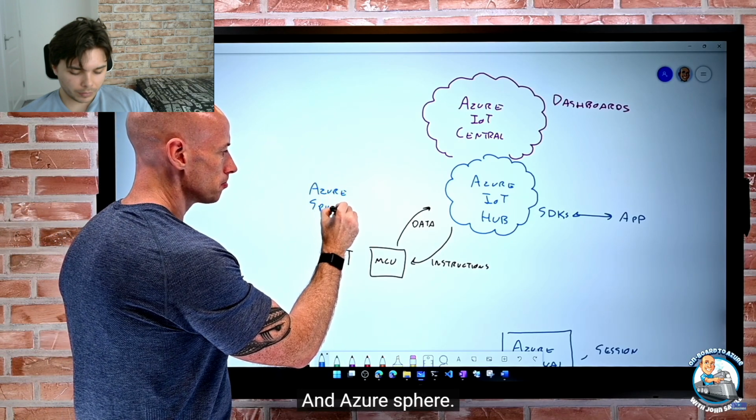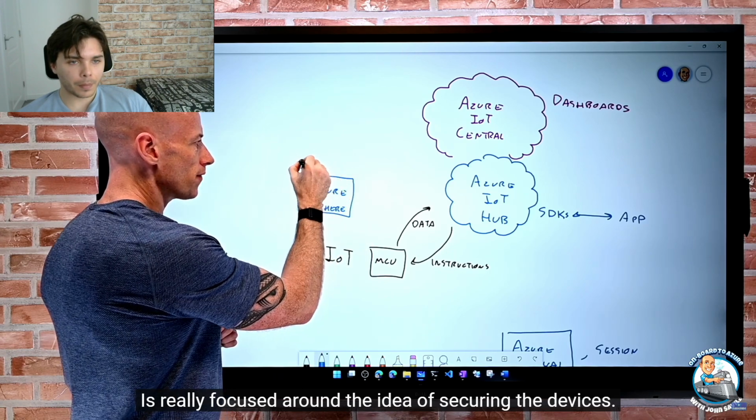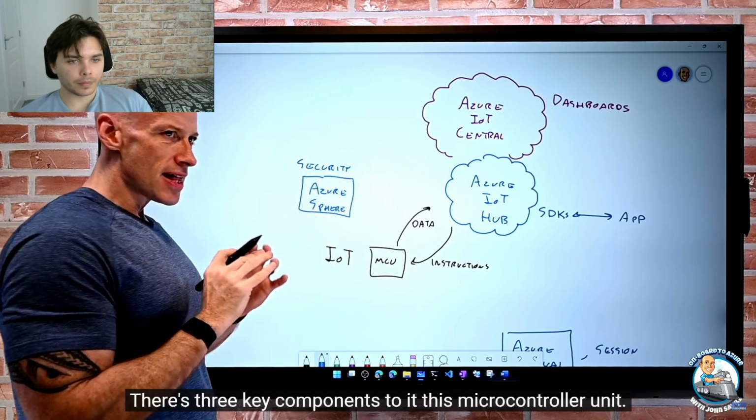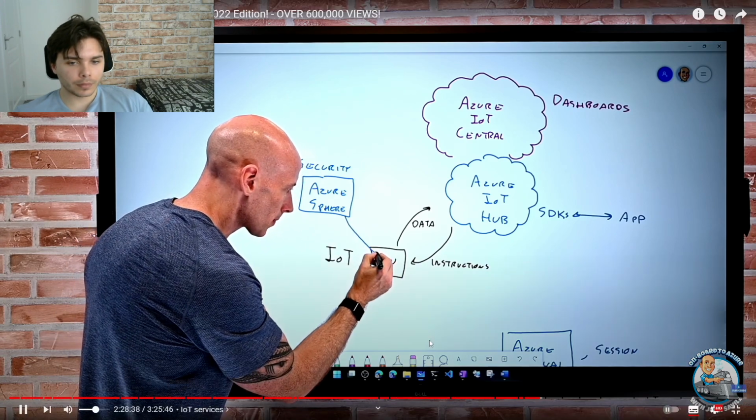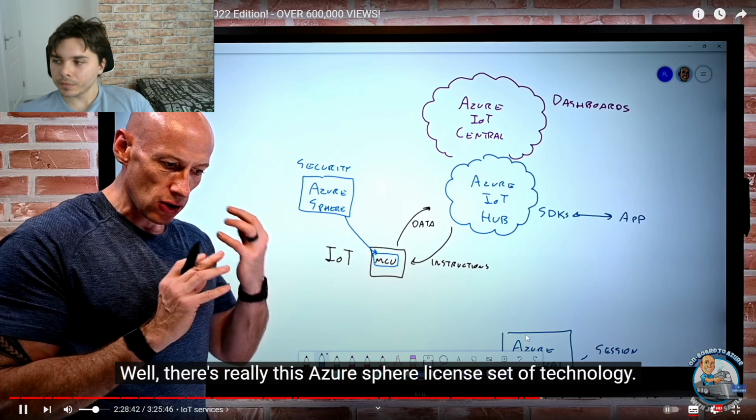And Azure Sphere is really focused around the idea of securing the devices. There's three key components to it. This microcontroller unit, well, there's really this Azure Sphere license set of technology. And that's going to